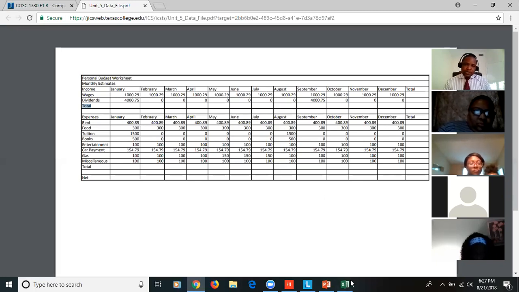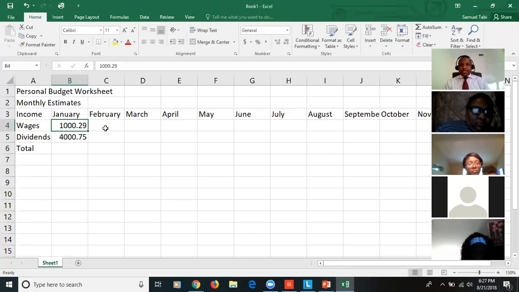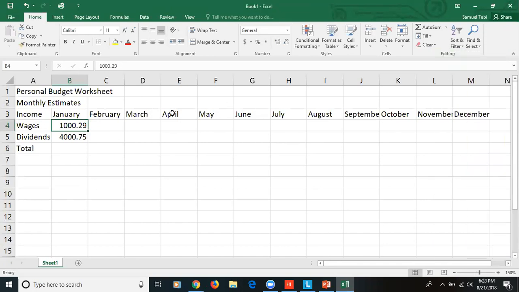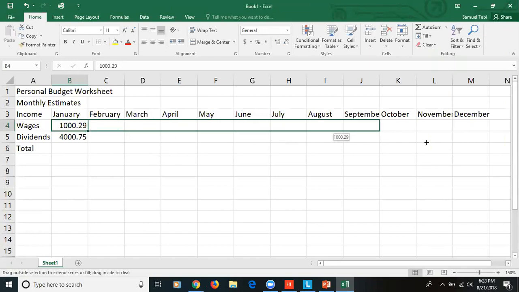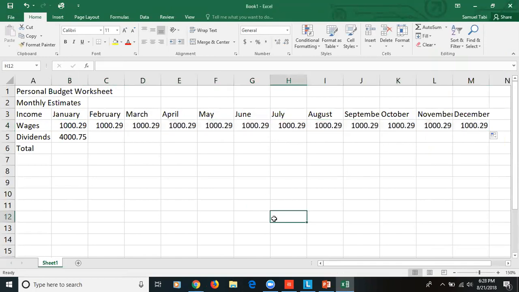And so what we're going to do is we're going to use the fill handle again. So instead of having to type 1,029 for each of the months, I'm going to use my fill handle and copy that across the range of cells, C3 to M3. Fill handle, C3 to M3. And then, of course, for the dividends,